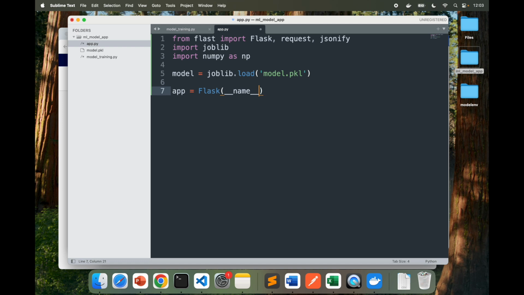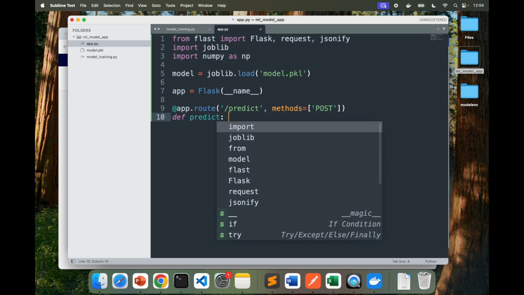Now let's next define the prediction endpoint. For that, I am going to say @app.route, specify the route /predict, and the methods used for this is POST, and I'll define the predict function here.